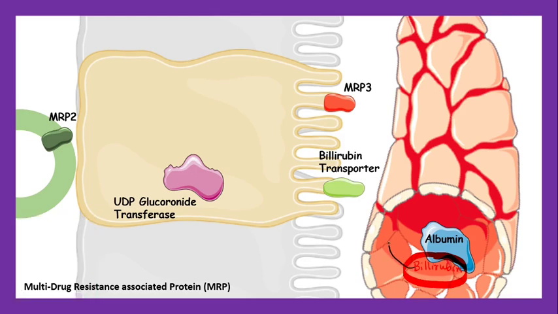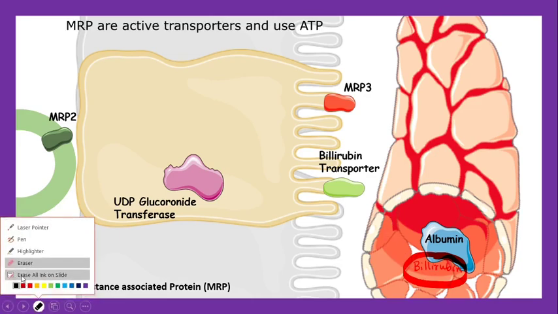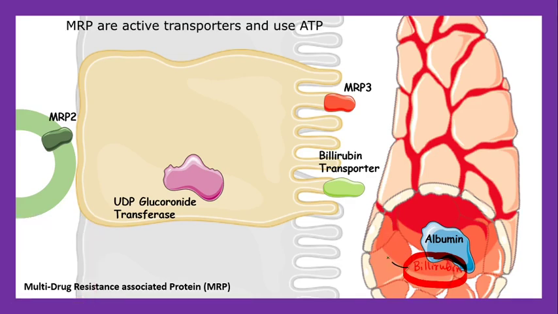the extracellular matrix. In the extracellular matrix, the bilirubin molecule can either go directly inside the hepatocytes, or by means of a bilirubin transporter, a facilitated transport mechanism, it can get inside the hepatocytes. It can get directly diffused in, or via a transporter mechanism, it can get into the hepatocytes.